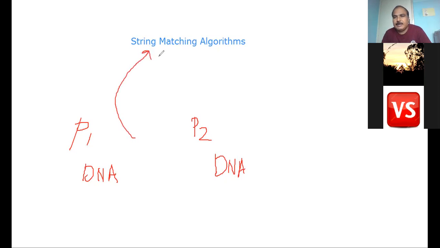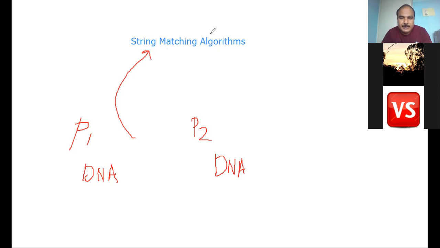In this way, we can list out n number of applications that make use of string matching algorithms. So today I'm going to discuss different string matching algorithms